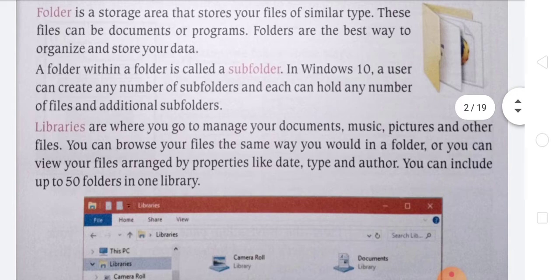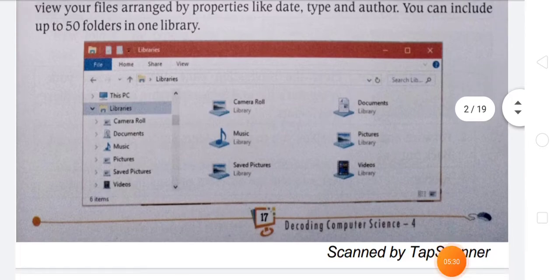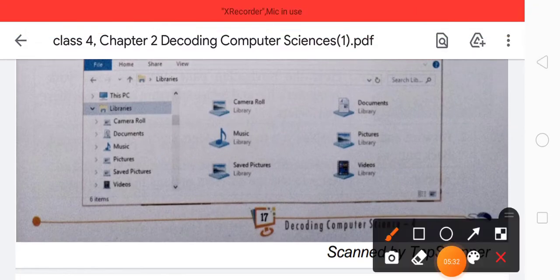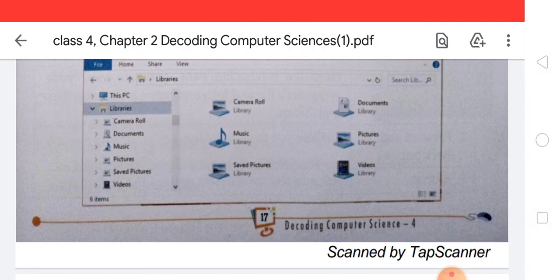You can include up to 50 folders within one library. You can see here, this one is an example of a library, and a library contains various folders and subfolders within it: documents, music, pictures, videos, etc.